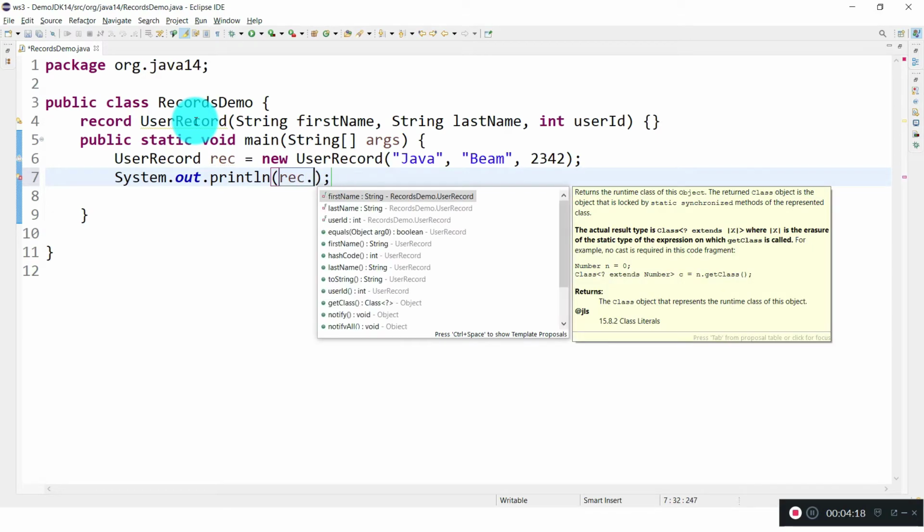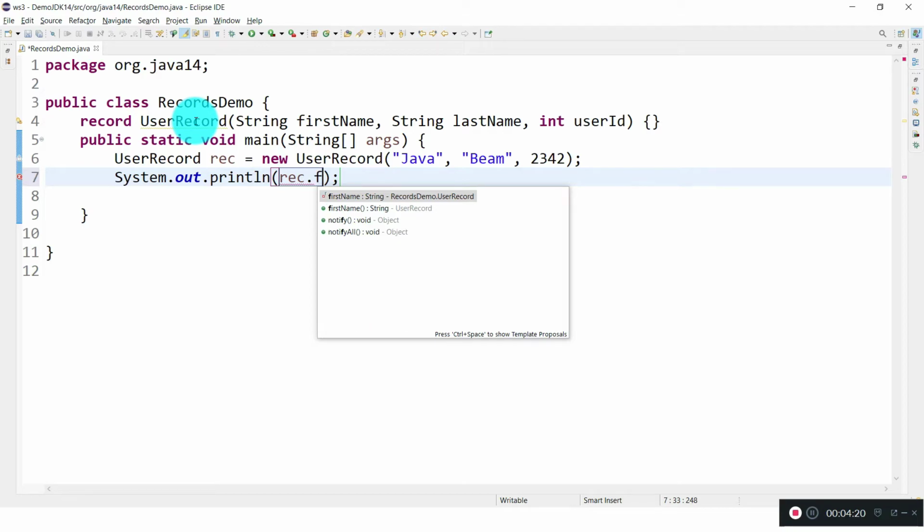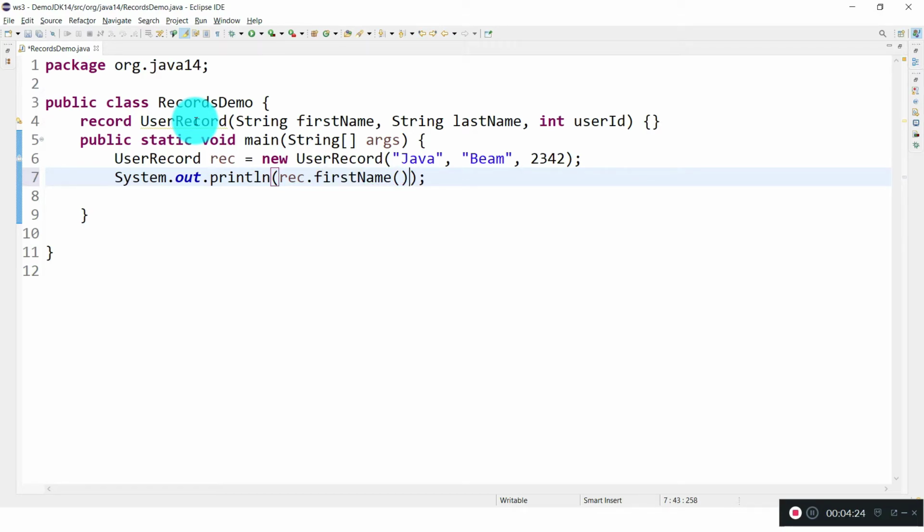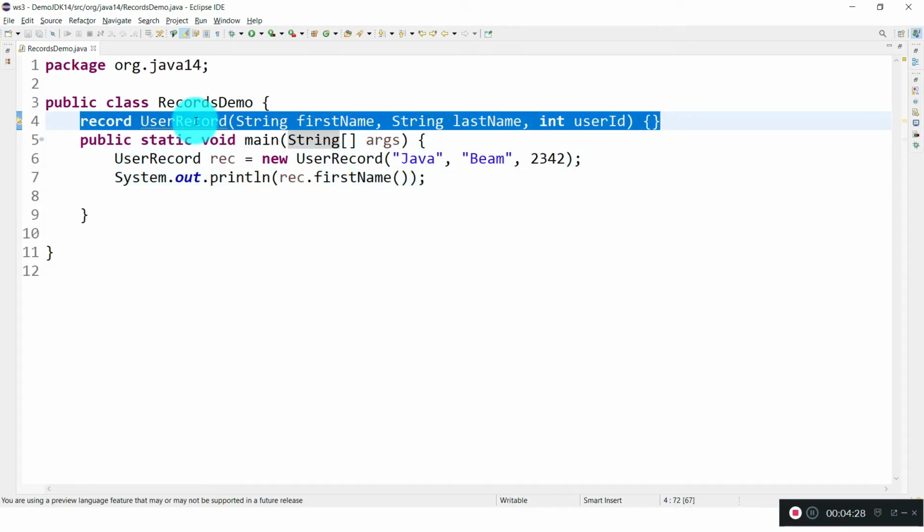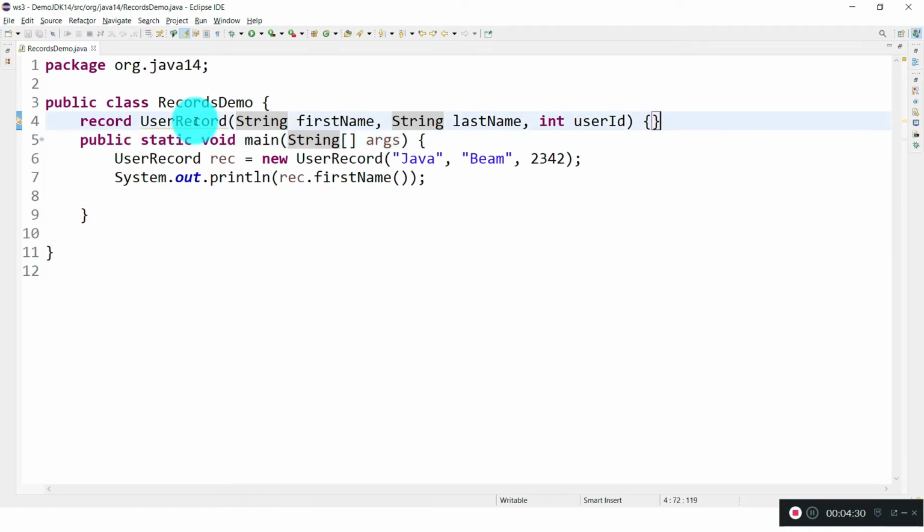With the field names we can get the data. If you decompile this record class, you will see the Java compiler provides, for whatever field names we are providing, some methods for us similar to something like this.